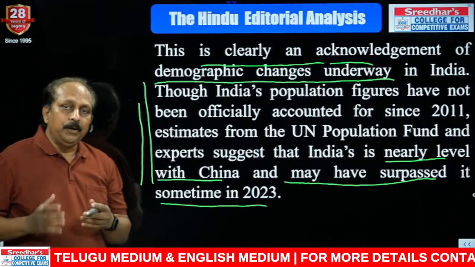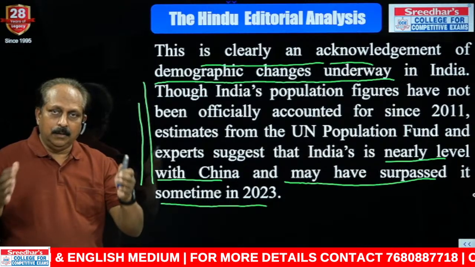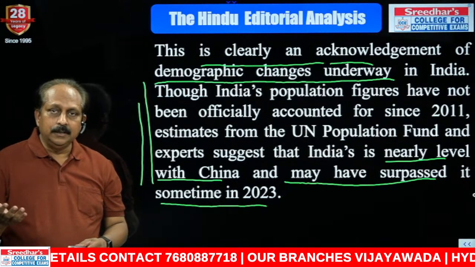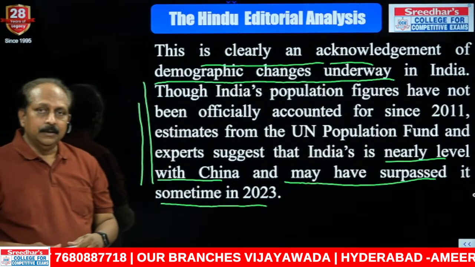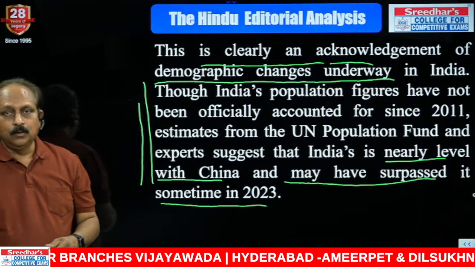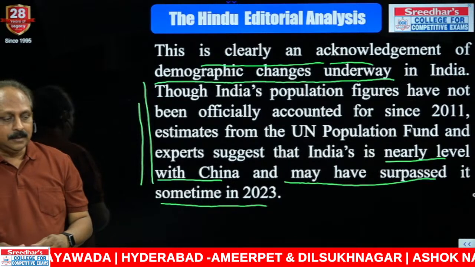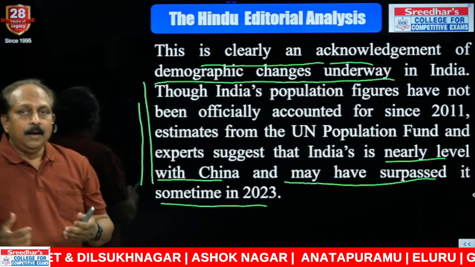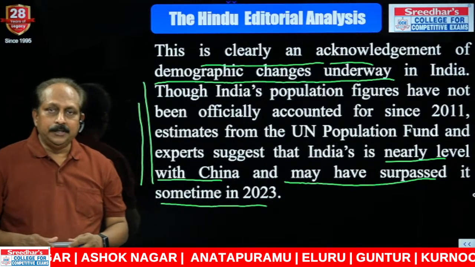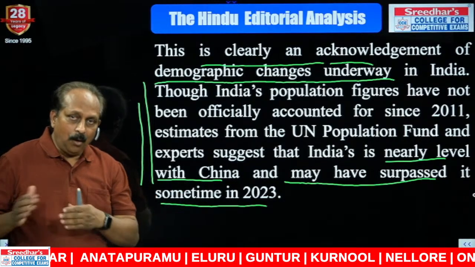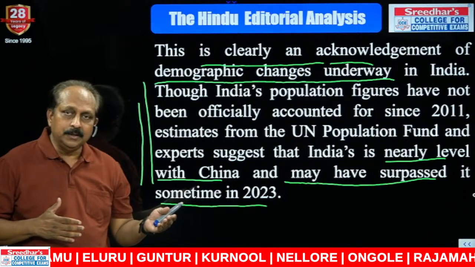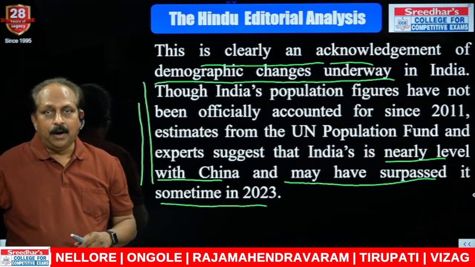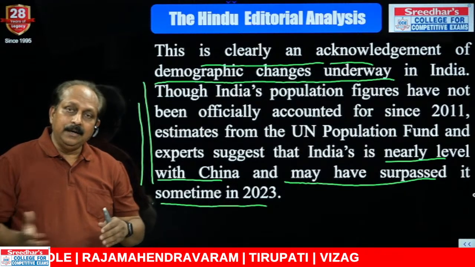If you take the population of a particular country, how do we get the population profile? Based on census. You all know, census is once in 10 years, and the last census was 2011; it was supposed to be done after that in 2021. But so far, we don't have census data; they haven't conducted it. But we have other sources. The sentence talks about China being number one when it comes to population. This sentence talks about not the census but other sources. India either must have leveled China or it may have surpassed the population of China in 2023.